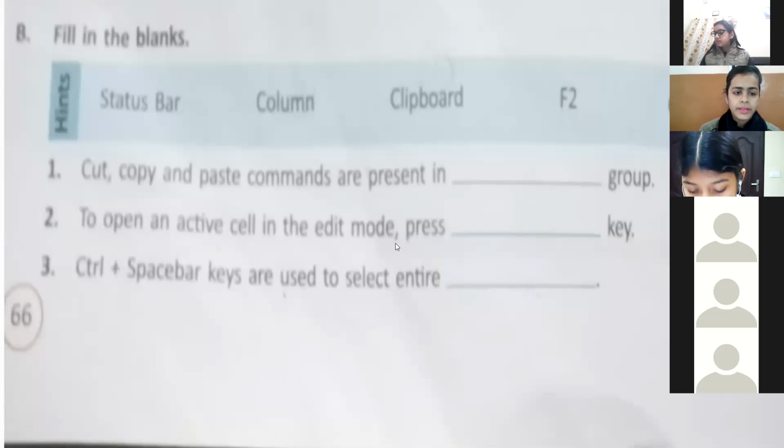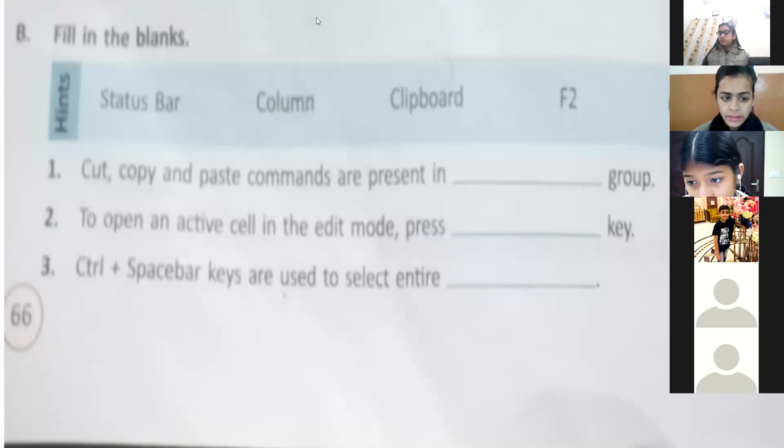All right, so let's come to the fill in the blanks. Let's ask the first answer from Karthik. The first fill in the blanks: cut, copy and paste commands are present in the clipboard group.